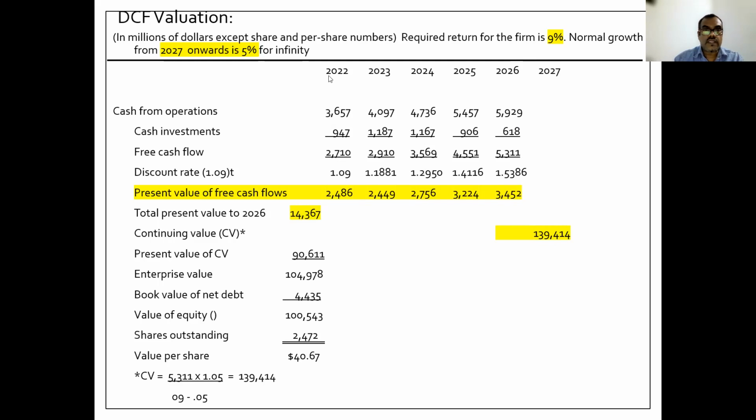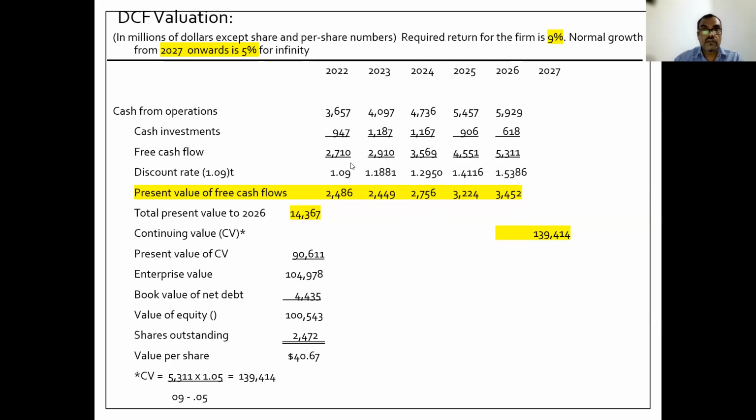From 2027 onwards, 5% growth is expected until infinity, forever. So the dividend growth model can be applied from here to an infinite time period. But we can't apply the model from 2022 to 2026, so that the present values of future cash flows